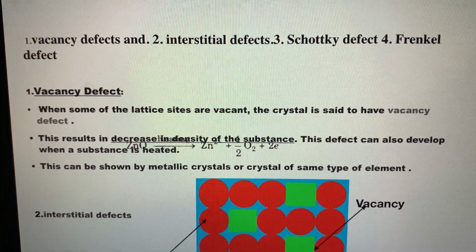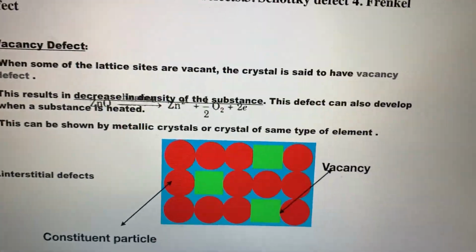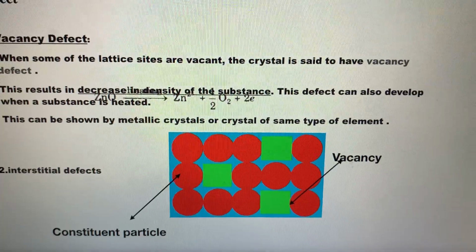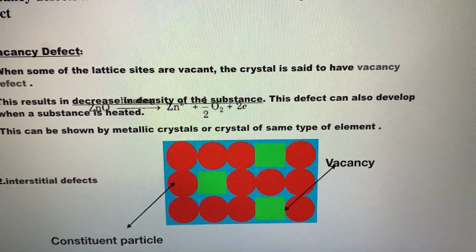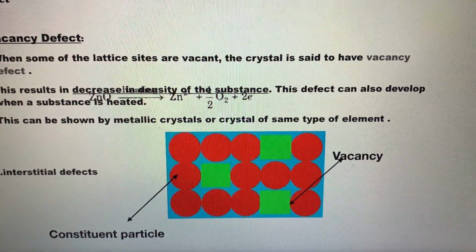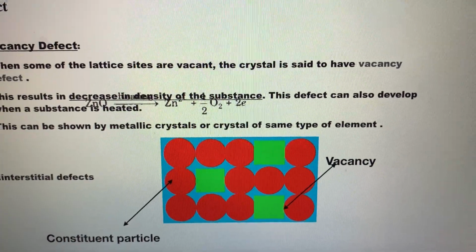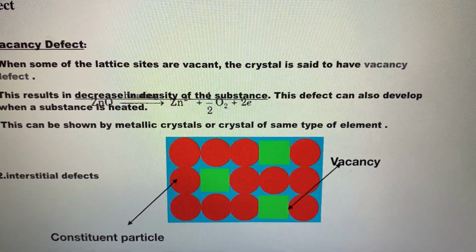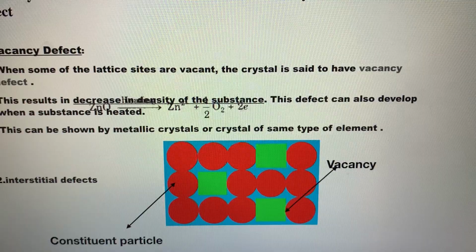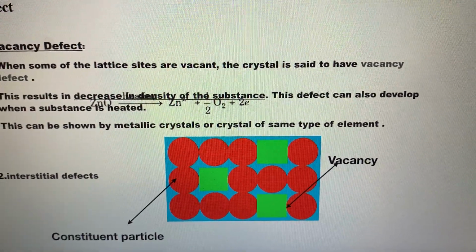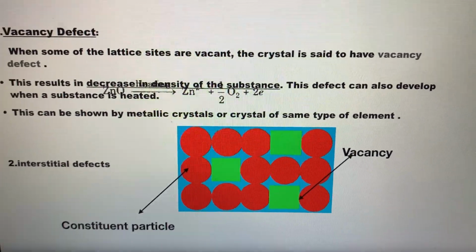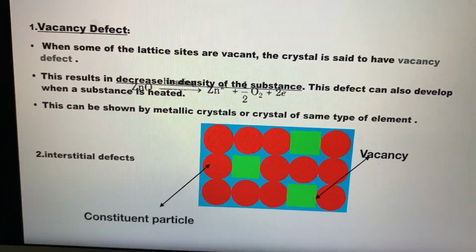That's reported as vacancy defect. This kind of defect is seen in elements of the same type which have made the crystal. Like here with green and red, you can see green is indicating vacancies. It means that place is vacant, either in a natural way or it has been made. So this is reported as vacancy defect.